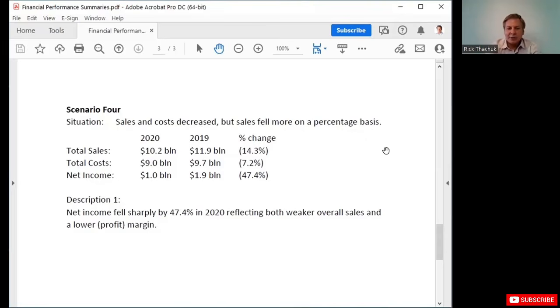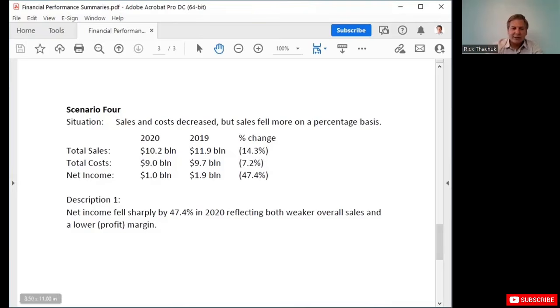All right, this scenario is bad news all around. Sales were down, net income is down substantially, and your costs are not as low as you would expect them to be, which means you have actually wasted some money. You've spent a little more than you should have. There's really no nice way to put this, and we really only have one description for this scenario four, and